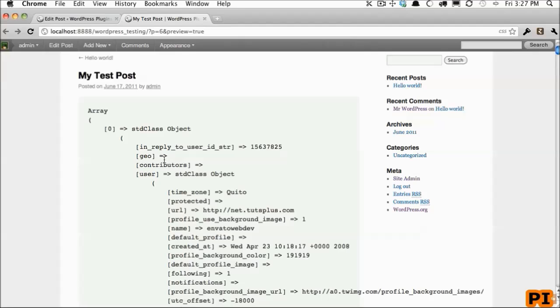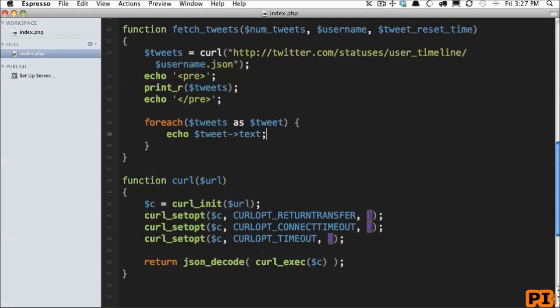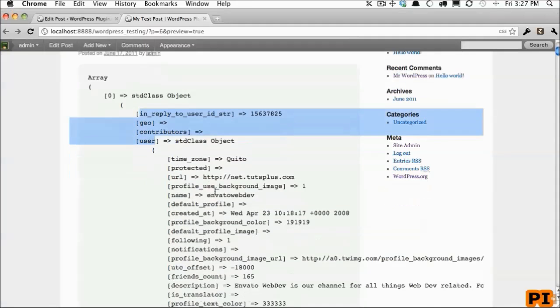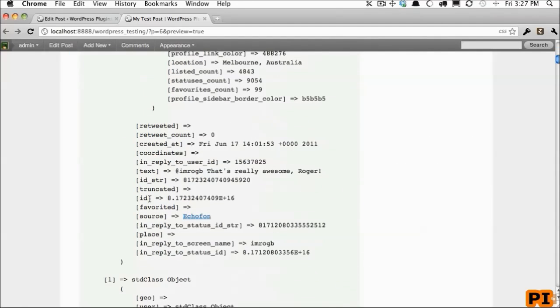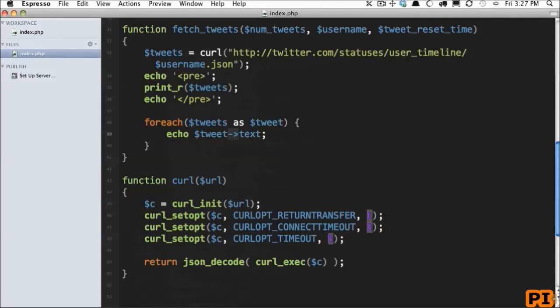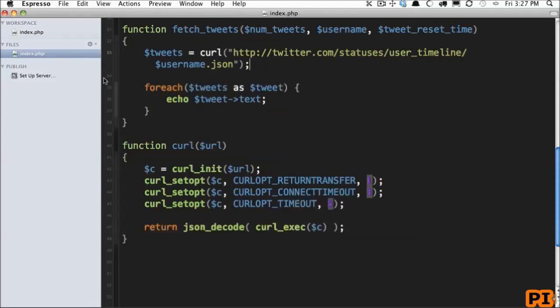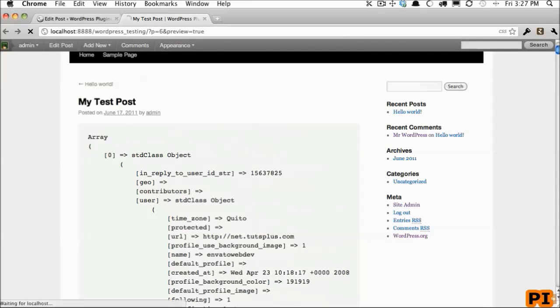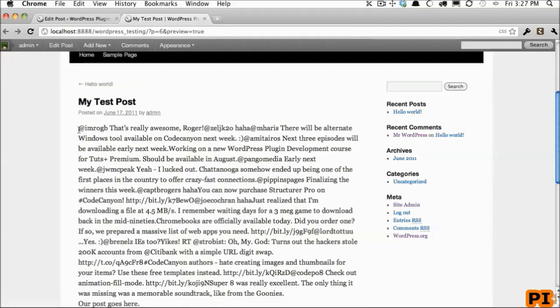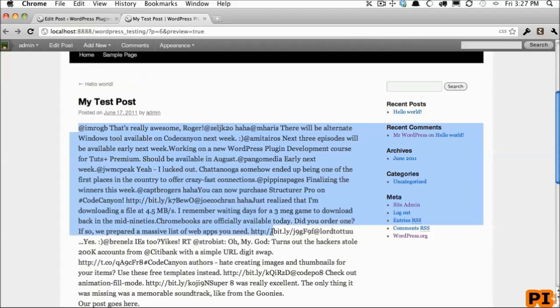Now we can access any of these properties of the object by doing this syntax. Object name, arrow, and then the value. So in this case, if we want to grab in reply to user ID, we would simply do that. But let's try this out. So I'm going to remove all of that, and let's see what happens now. Refresh the page, and now can you see that we just have an endless string of all of my recent